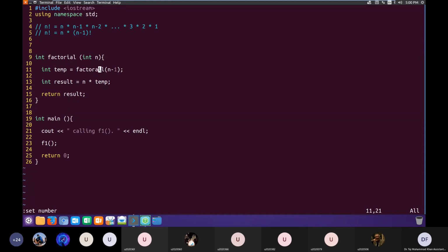Let me correct the spelling of factorial. So result is defined as n multiplied by factorial of n minus 1, and factorial of n minus 1 we calculate using the same function, but this time passing it n minus 1. The result of this function will be stored in temp, and we multiply this result with n, and then return the result as factorial of n.